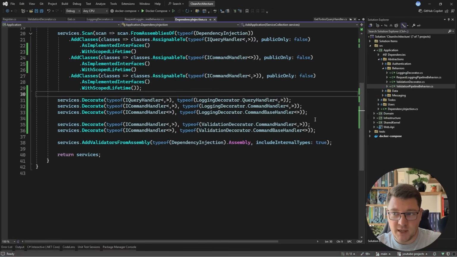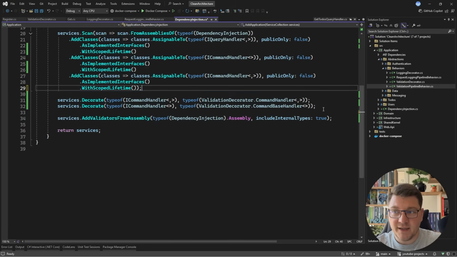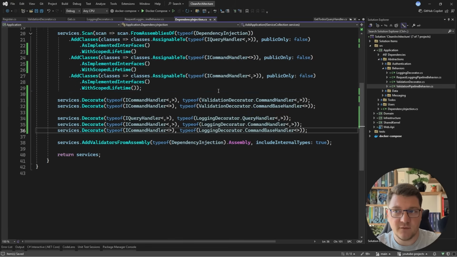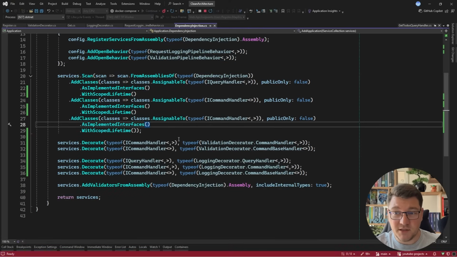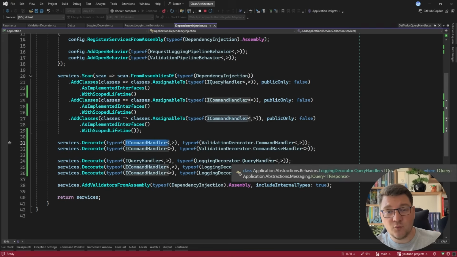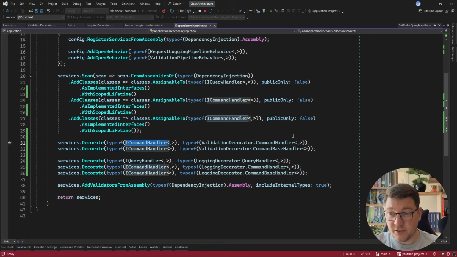If I want to apply my logging decorator as the first decorator in the chain, I need to define it after the validation decorator. With MediatR, the order of the pipeline behaviors is the order that you define them in. With the decorate method, we have to reverse this. So we're first decorating this with a validation decorator, and then we decorate the validation decorator with a logging decorator. I know this can be a lot to take in, but if I go ahead and resend the same request,